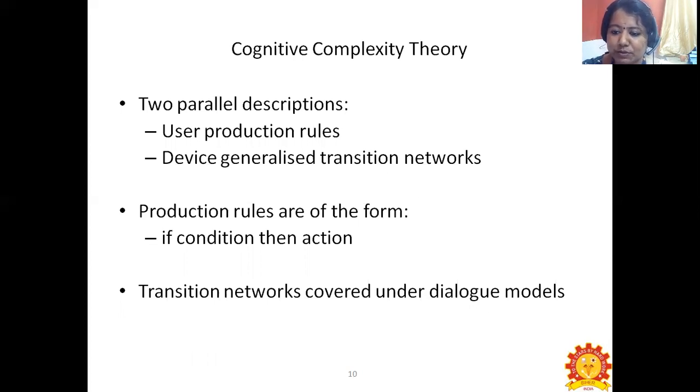The production rules are of the form if condition, then action. So here we'll have the if condition followed by the action. The transition networks are covered under the dialogue models only.